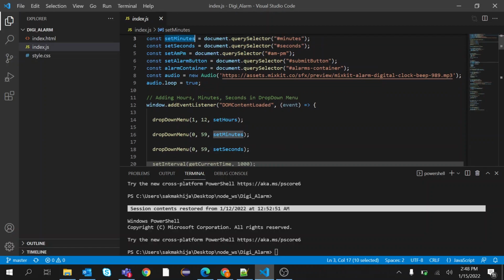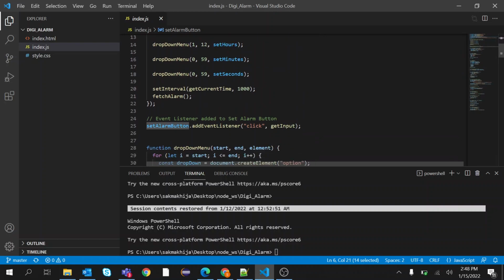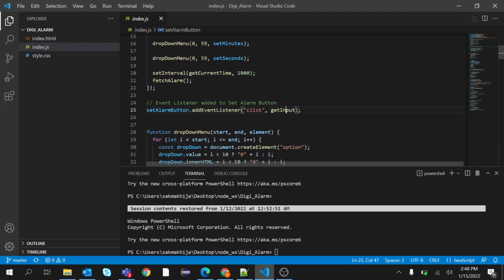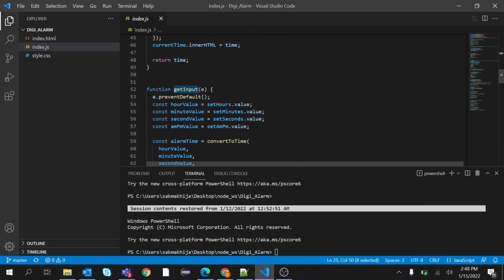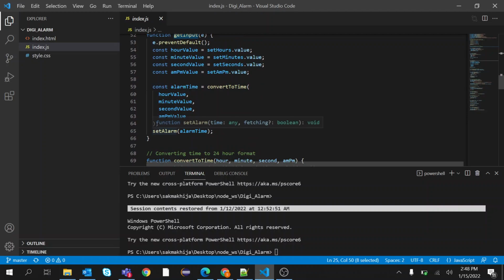When the user clicks on the submit button, this set alarm button is the event for it. There is an add event listener on the button, and when it gets clicked, a method getInput gets called, which fetches the value of whatever the user has selected and calls the set alarm button.